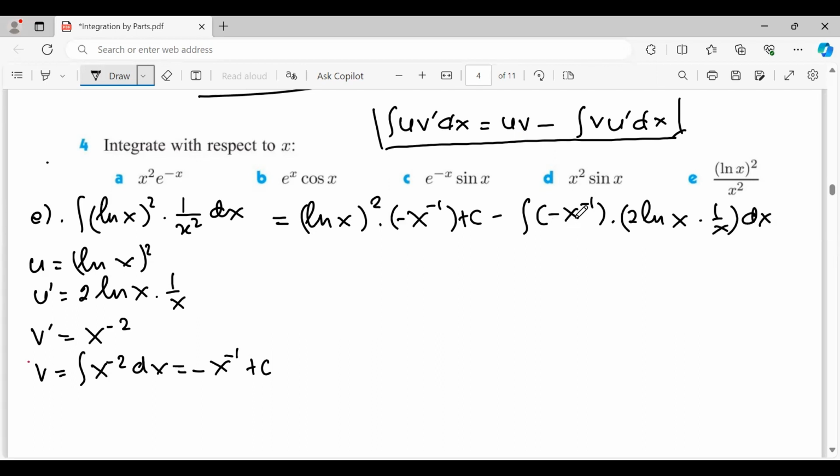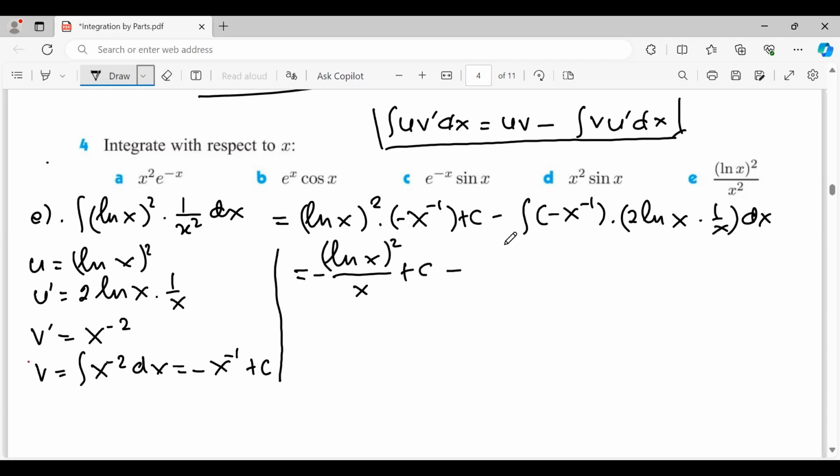This is minus 1 over x, so it becomes minus ln x squared over x plus c,